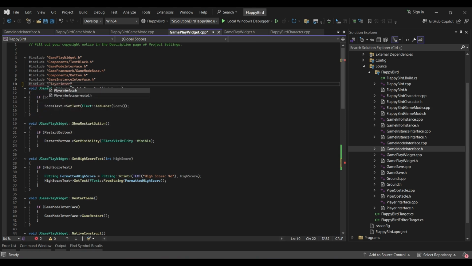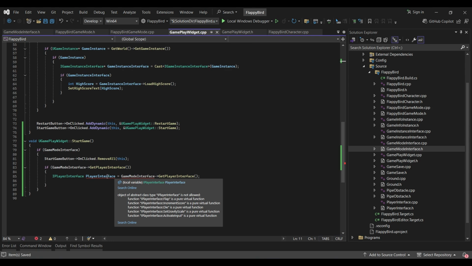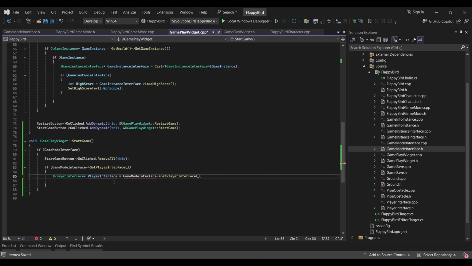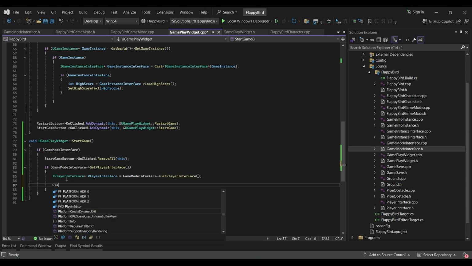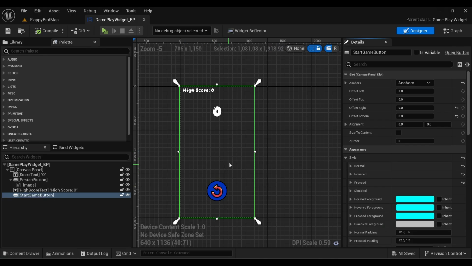I forgot to include, oh, the pointer. We forgot the pointer, sorry. Okay, great. So player interface flap,